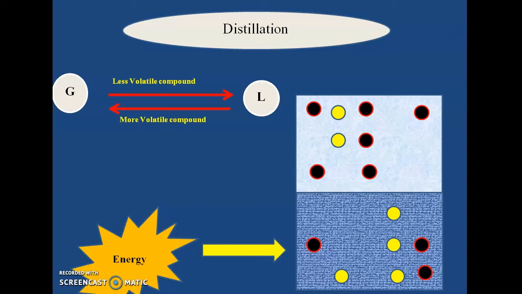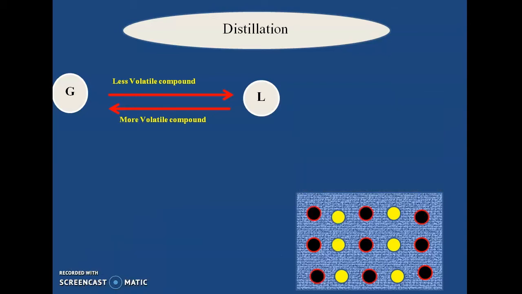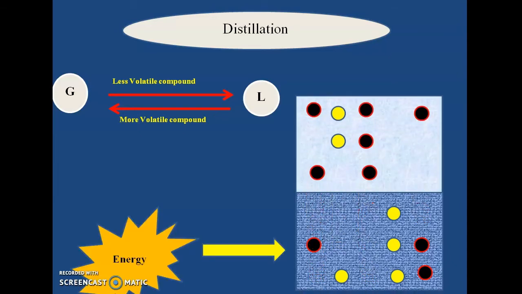So in brief, you can see the overall separation like this. You take some liquid mixture and give some energy to it to generate a gas phase. When this gas phase and the liquid phase are in contact, the more volatile component gets transferred from liquid to gas phase, whereas the less volatile component is transferred from gas to liquid phase. In this way, distillation can happen to get a purified product.